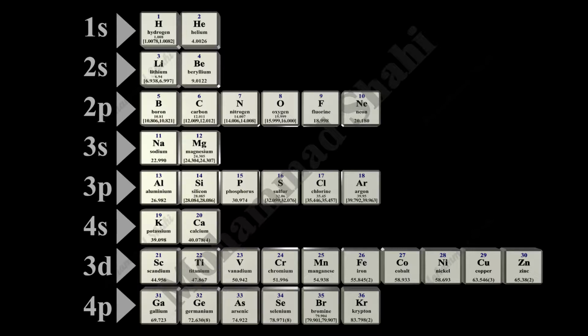This continues by two elements for the 5s subshell, 10 elements for the 4d subshell, 6 elements for the 5p subshell, 2 elements for the 6s subshell, 14 elements for the 4f subshell, 10 elements for the 5d subshell, 6 elements for the 6p subshell, 2 elements for the 7s subshell, 14 elements for the 5f subshell, 10 elements for the 6d subshell, and finally 6 elements for the 7p subshell, covering all